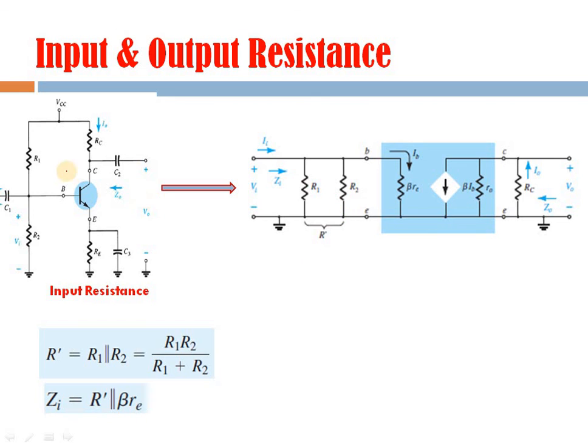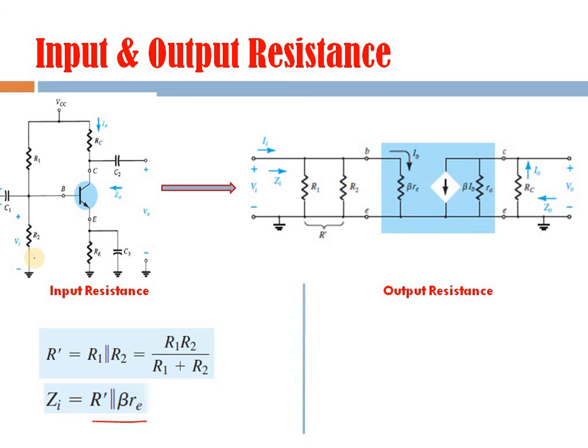So that's why when you design this circuit, never make R1 and R2 very small, because here we use R1 and R2 to get a suitable value of VB, and we can get that value of VB by choosing low values of R1 and R2 also, because only the ratio decides VB. But we never choose very small values of R1 and R2, because they are coming in parallel, and they are coming in parallel with this also. So this entire parallel combination will give you a very low value of input resistance. That's why R1 and R2 are never chosen very low.